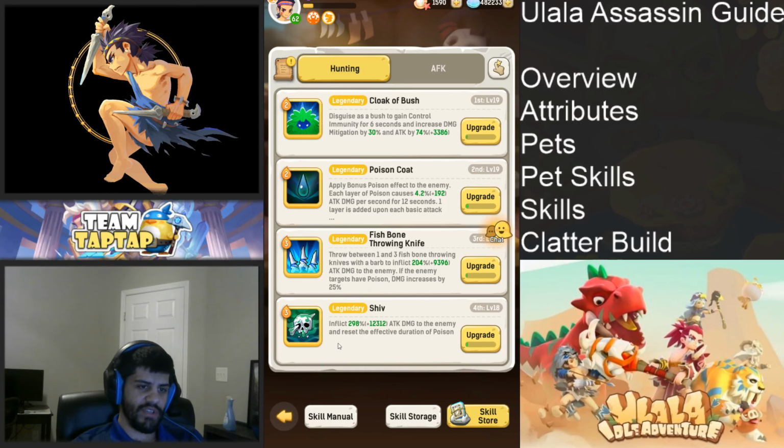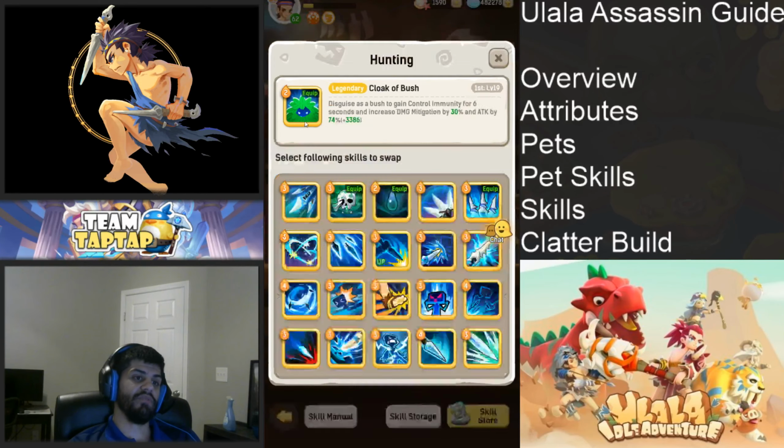Lastly, we're going to go with Shiv. This just resets the effectiveness, and it's decent damage too. But you're really using it to keep the poison stacks up. So say you're not using a poison build. The only times I'm not using the poison build is for AoE. And AoE is tricky because...